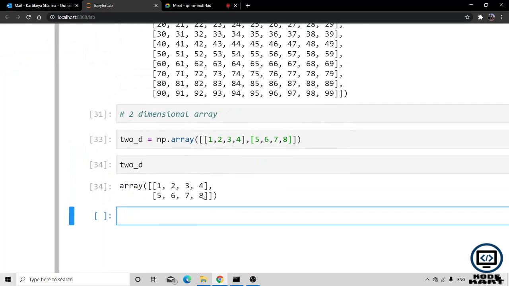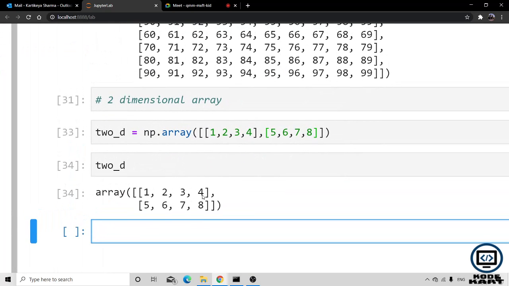Now I have generated a two-dimensional array with 2 rows and 4 columns.